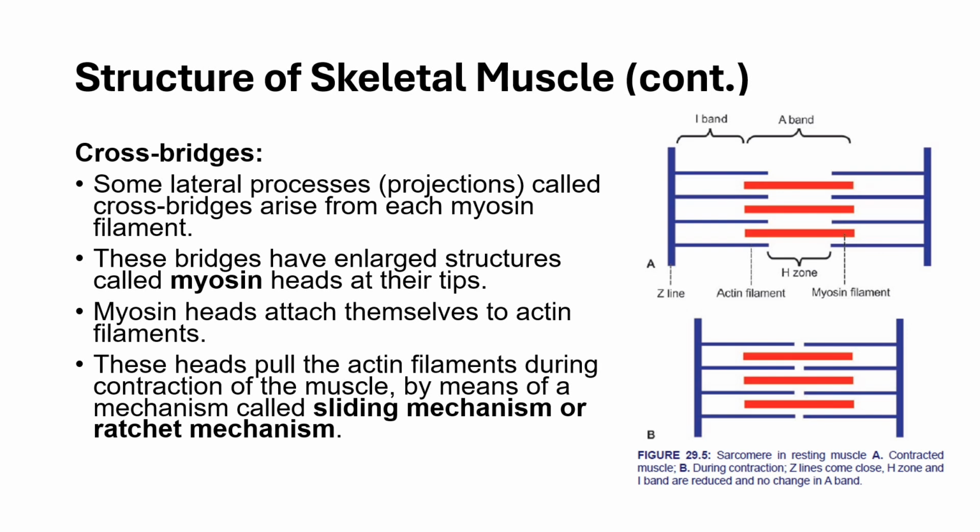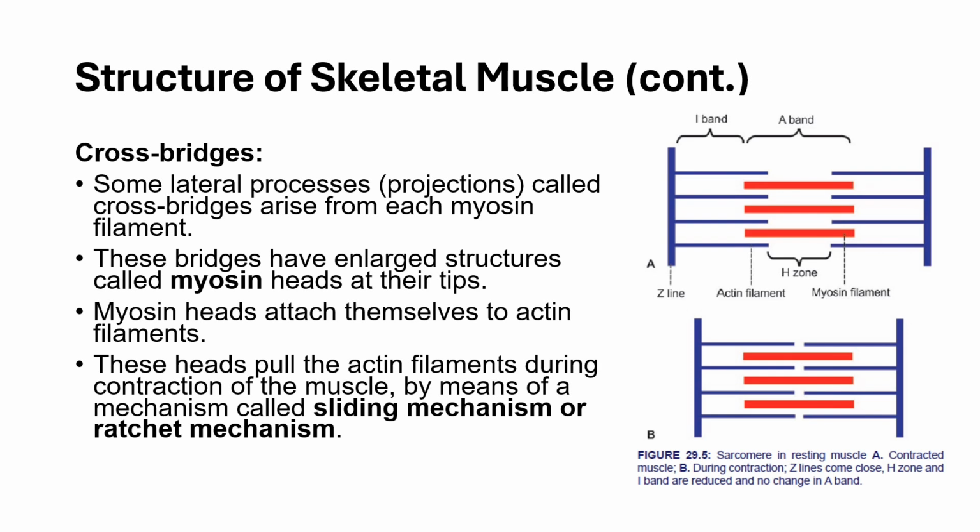These myosin heads attach to binding sites on the actin filaments. So during contraction, the myosin heads pull the actin filaments inward, which shortens the sarcomere and brings the Z lines closer together. This process of pulling actin filaments is termed the sliding mechanism, or we can say ratchet mechanism. It is powered by the hydrolysis of ATP, which provides the energy for myosin heads to attach, pivot